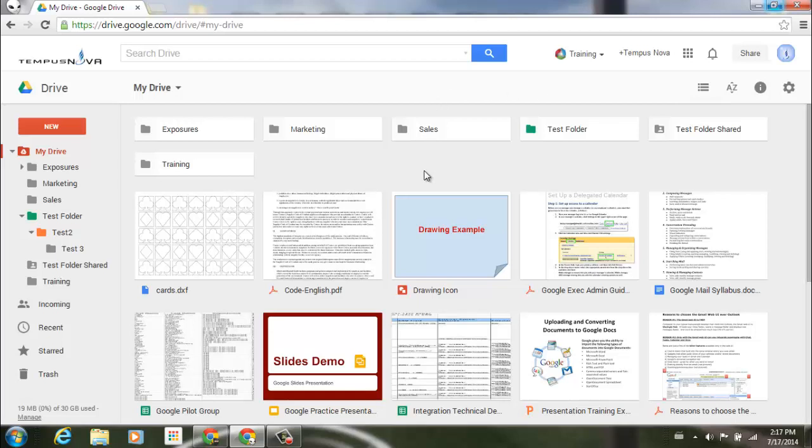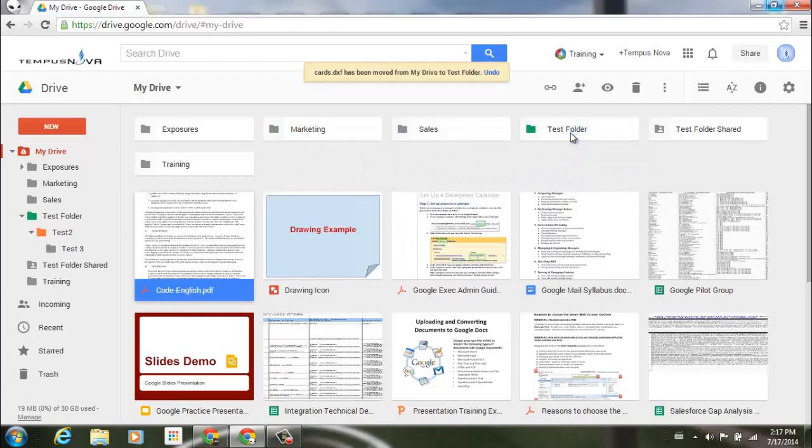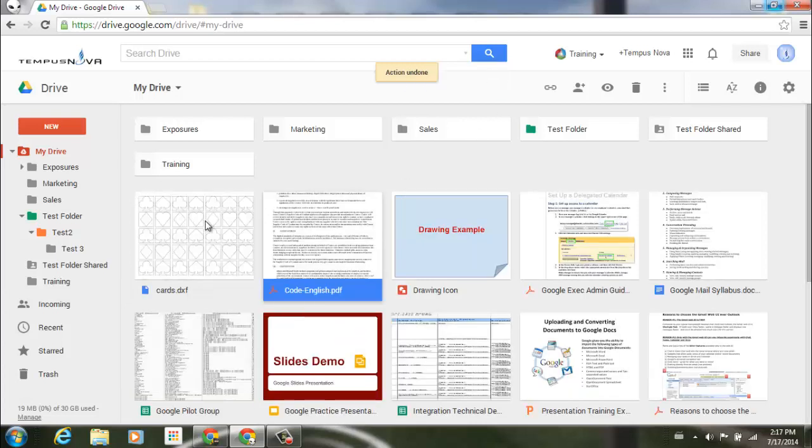Now, one of the things that they've really prided themselves on, that's being Google, is some of the functionality. You can now go ahead and select a file, and you can drag and drop that file to whichever folder you would like to place it. Let go, and it puts it into that folder, and that's using that move type of command. And you see here at the top, cards.dxf has been moved from my drive to test folder. And then I can also click the undo and remove that and put that file right back into my drive